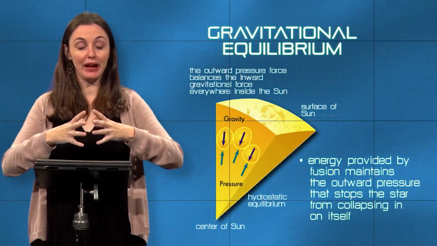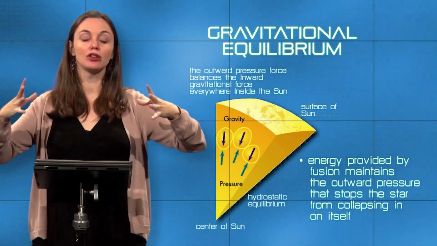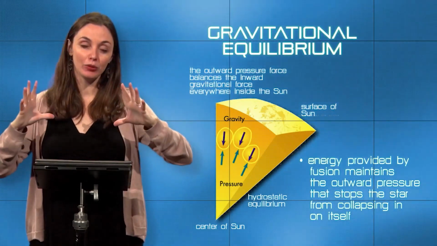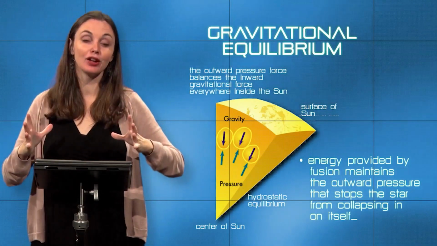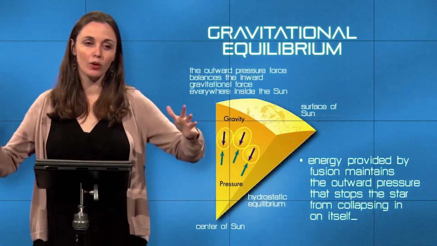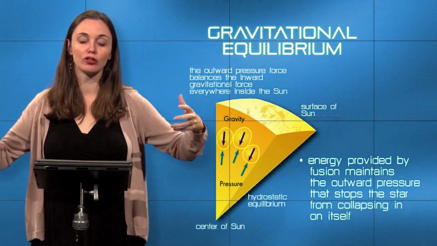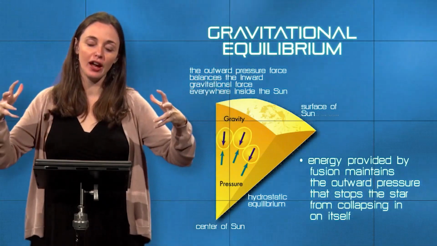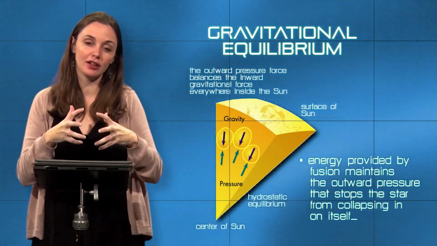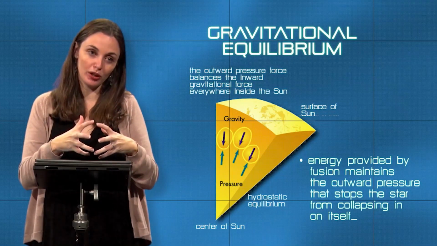And by expanding, the entire sun would expand a little bit. And it would then, because it had expanded, cool off a bit. What this would do would give gravitation, it would give the force of gravity license to take over and to push back on the sun, collapsing it inwards a little bit more.